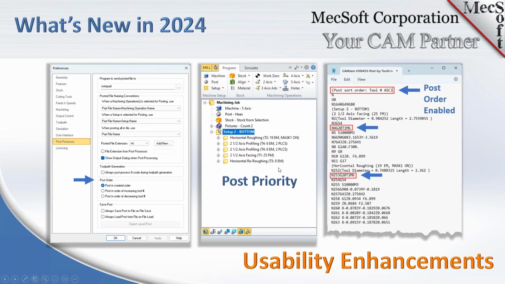And in the middle, as I mentioned, the post priority, you can change that. And then if we look over to the right, when you actually post a machining job with the tool priority enabled, it'll alert you at the top and then actually post based on the T numbers, T1, T2, T3, etc. Here,